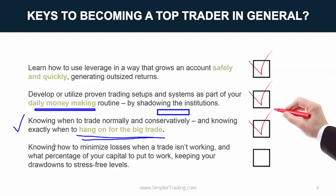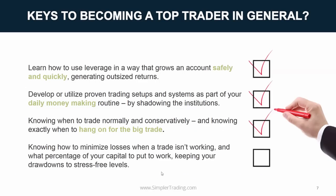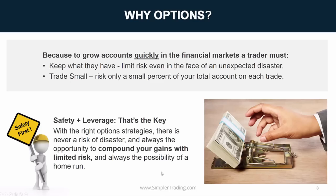And then knowing how to minimize losses when a trade isn't working and what percentage of your capital to put to work. So you want to keep your drawdowns to stress-free levels, okay? So that's the whole key there. You gotta, when you're wrong, and this is a big part of it, when you're wrong,